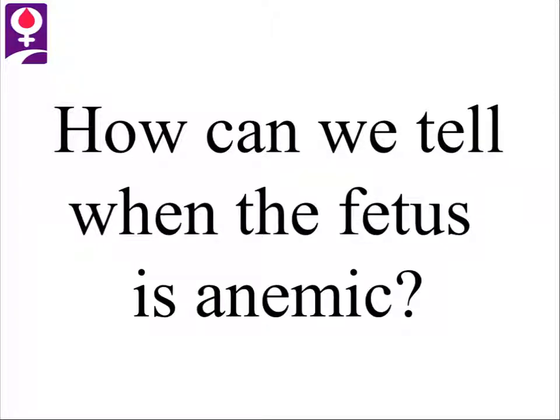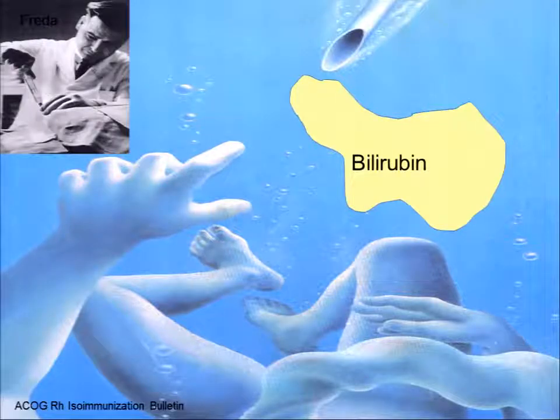So let's say we have an anemic fetus at risk. Either dad's homozygous for D, or dad was heterozygous, you've done free fetal DNA, and it came back for the D positive fetus. What do we do? So in the past,